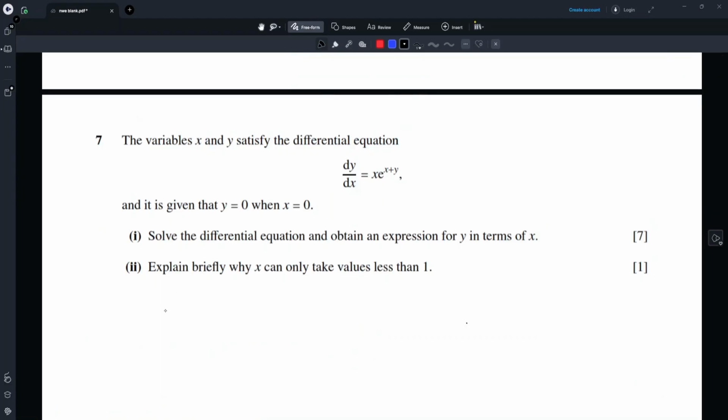Let's solve this one. Explain why the differential equation... Solve and obtain. Okay. So for solving here, I have to first of all break this down. So we have x e to the power x